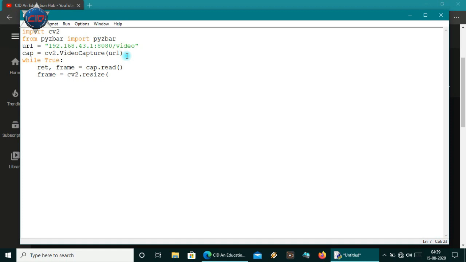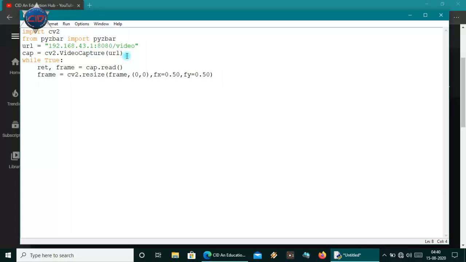I will call cv2.resize with the frame, and secondly I will pass the position 0, 0, and next the percentage for the X side as 0.50, and Y also 0.50, so the frame will be resized by 50%.